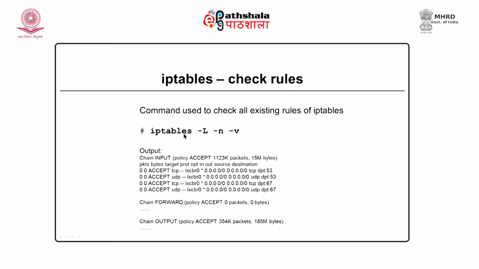You can check your own system to see what kind of rules are there with your iptables command. You may try these options and you can see the list, it is a huge list. You should try to identify the ports and port numbers that are allowed or not allowed by your IP tables firewall.